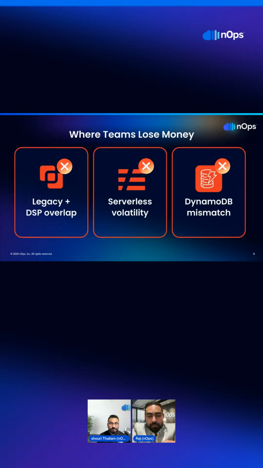Where do teams lose money, right? This is where the real financial damage lies. Teams buy RIs thinking the database savings plan will replace them completely, all the RIs, only to realize that half their spend is not eligible. And then if they're not eligible, they move either to a newer generation or serverless, just to spend more in those services in the latest generation to end up where they were before, right?